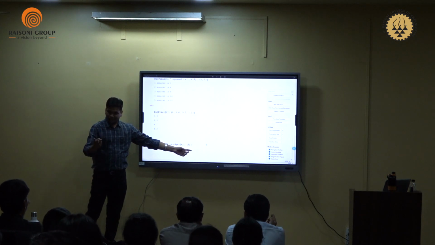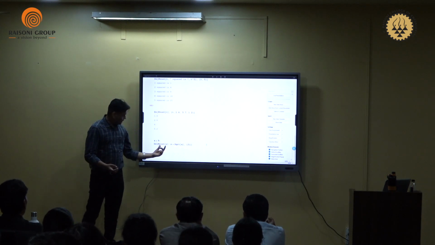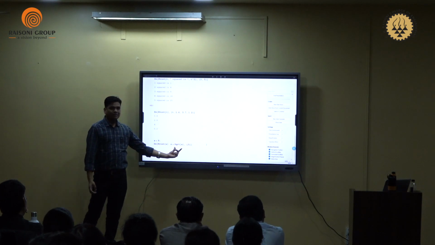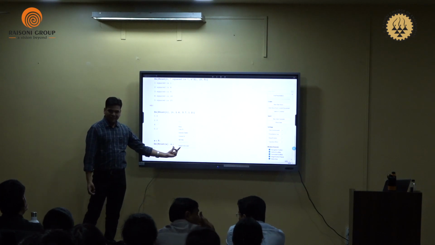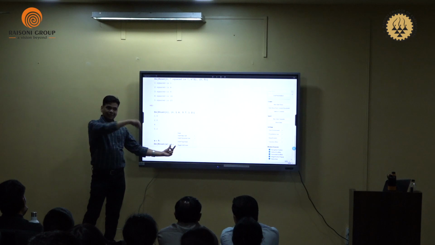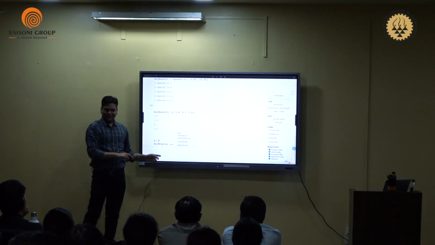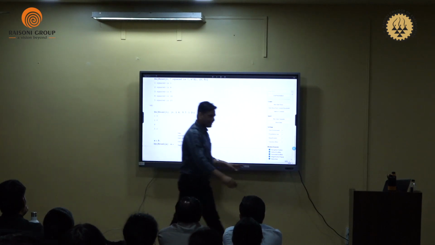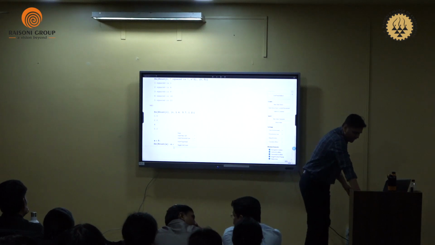Then again it will do an increment of 1, so it will consider the value as 3, then again it will consider this expression. Now the latest value of x is 3, so it will consider square root of 3 and it will store that value in x. So we will get output as